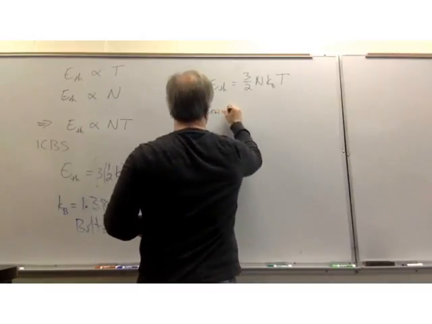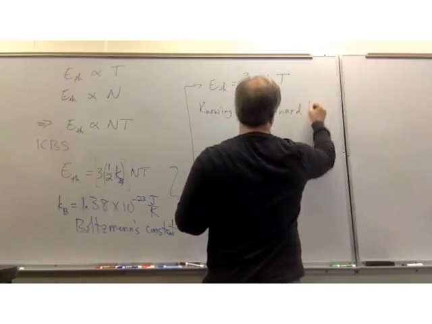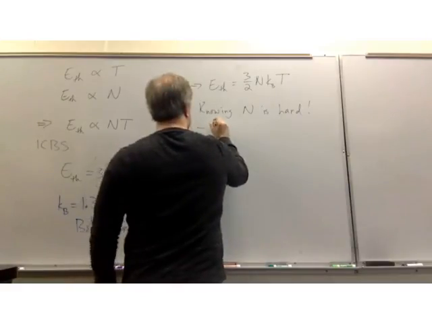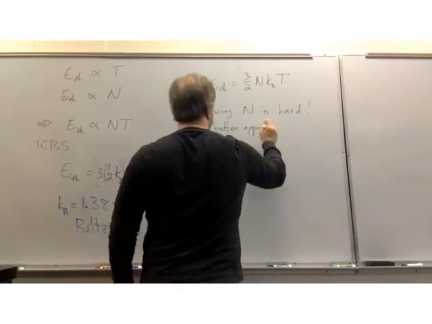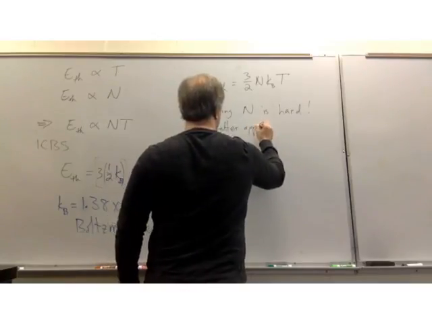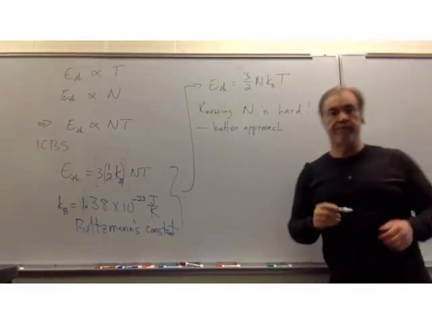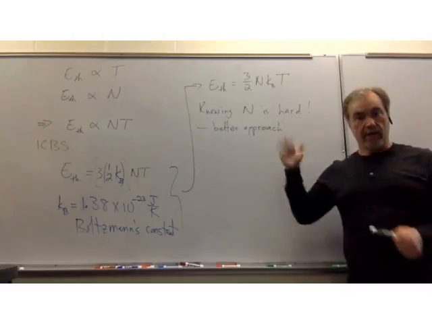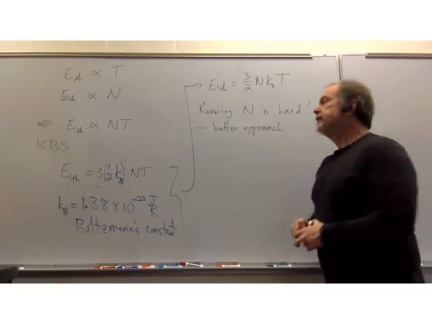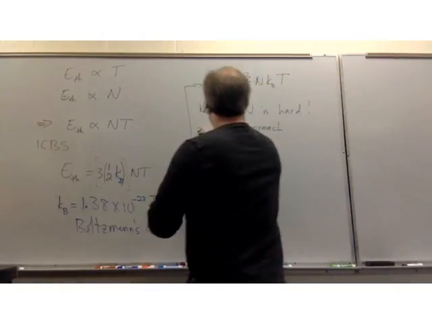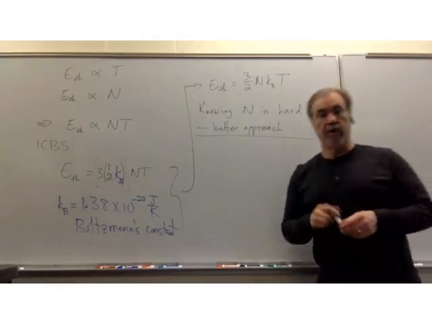So the problem that we're dealing with is that it's hard to determine the value of n. So how can we either figure out what n is, or if we can't figure out n, can we rearrange this expression and express it in terms of some other physical quantities that maybe are easier to figure out? And the answer is, yeah, of course we can. And so here's the first concept that we need in order to accomplish that goal.